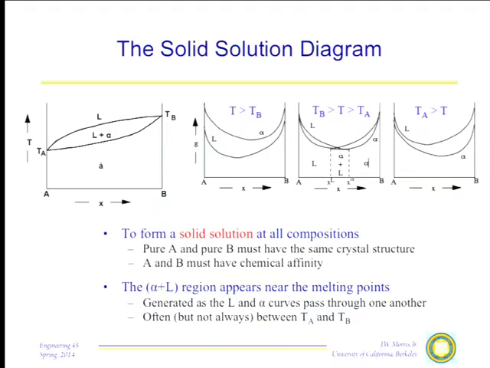Suppose we lower the temperature now, make it very low, we're down here somewhere. Then the situation must look like this. Both curves are concave up, and now the alpha curve